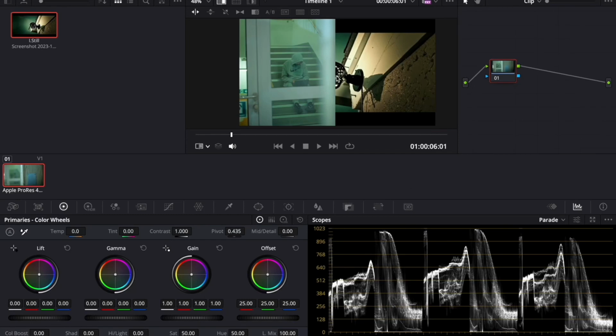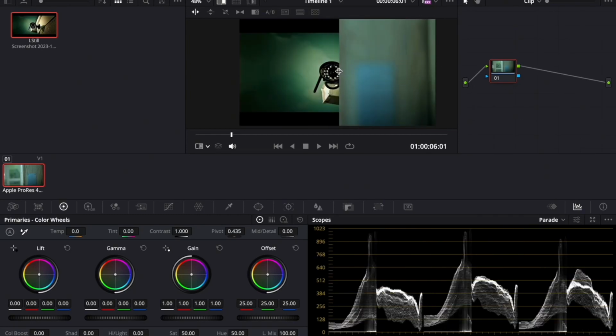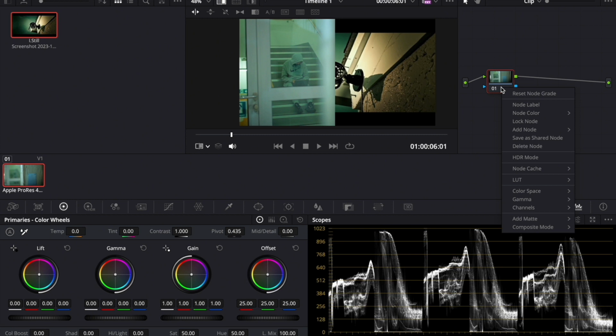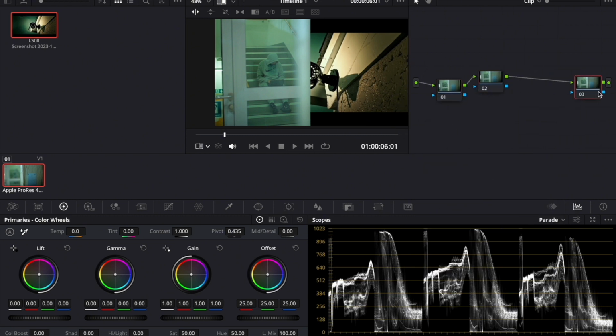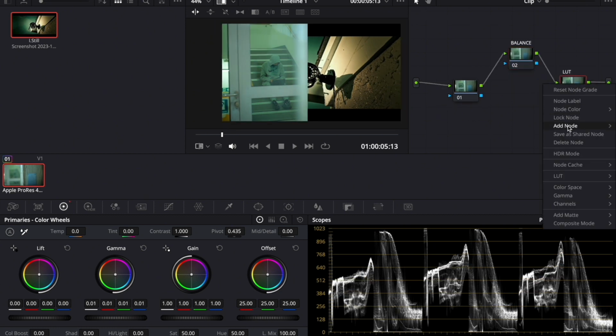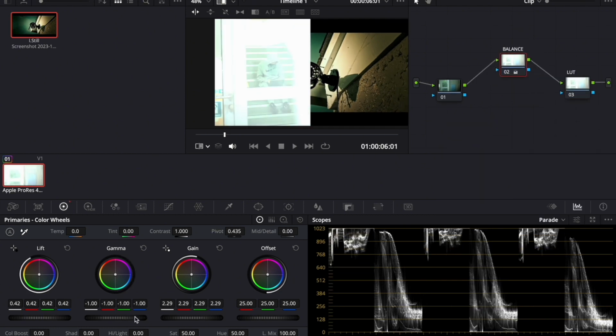For my first grade, I took inspiration from the snow den. The picture that I've chosen to edit is this. The way the picture is edited, it appears to have shadows which add depth and dimension to the image. This is something I found interesting as it adds mystery and darkness to the scene, something I wanted to try and replicate. So moving on, I will then be adding a balance node in the middle, and at the end